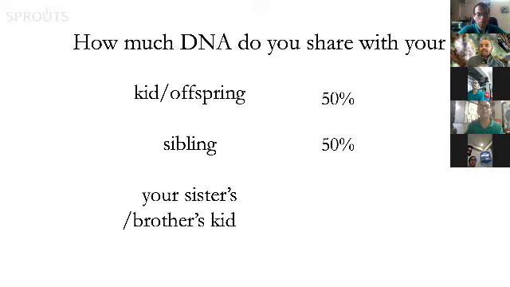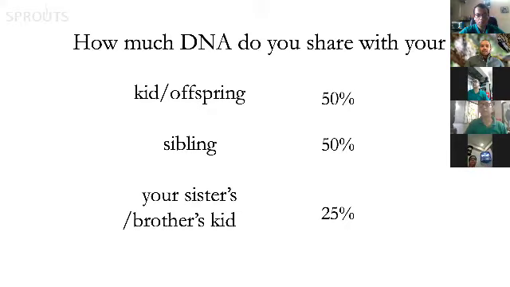And you can take this forward across many levels. So you share about 25% of your DNA with your sister's or brother's kid, right? Your niece or nephew. You share 25% of your DNA with them. And you share 12.5% of your DNA with your first cousin, so your uncle's kid, and so on and so forth. And you can probably measure how much DNA you share with William Shakespeare, with Shivaji Maharaj, with Tipu Sultan, with Napoleon Bonaparte also, if you had the time and knew the math.